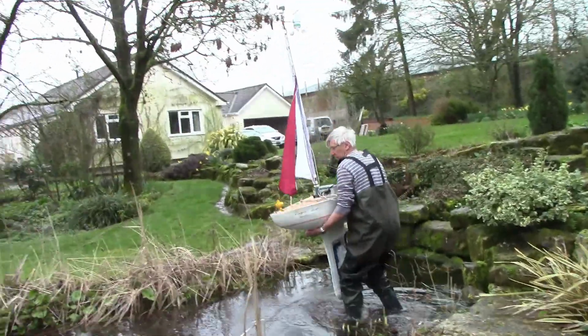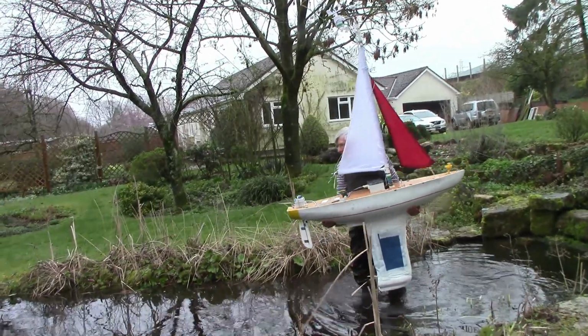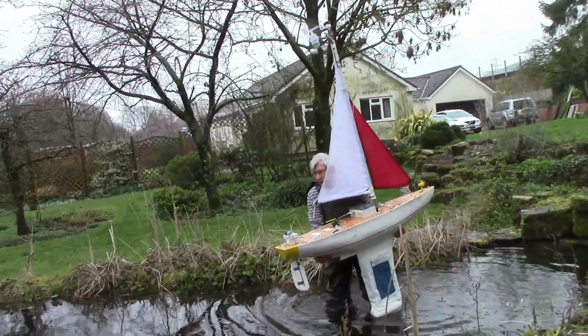Hello. Well, we got the impression watching Woodstock in the sea that it was slightly bowed down on average. So we decided to change the shape of the keel to try and correct that. And that's what this video is about. Right, Dick is trying a novel way of getting into the pond. And this is the difficult bit because it's quite slippery and it goes down quite...